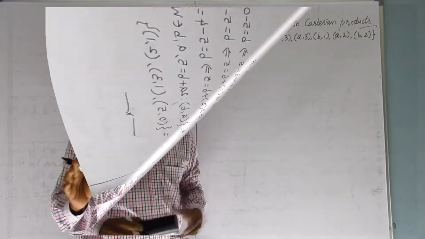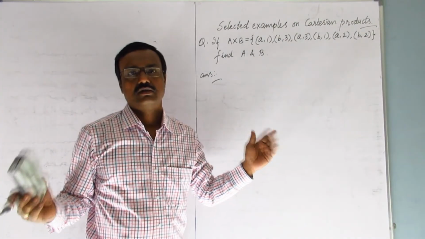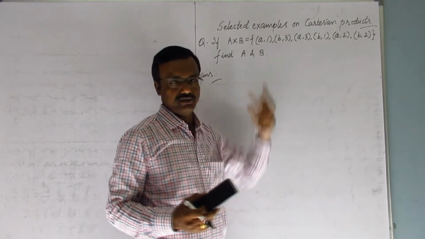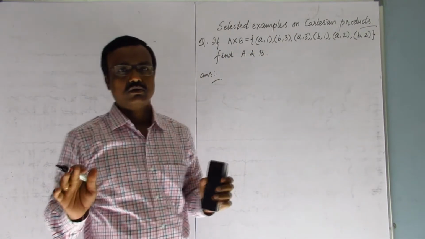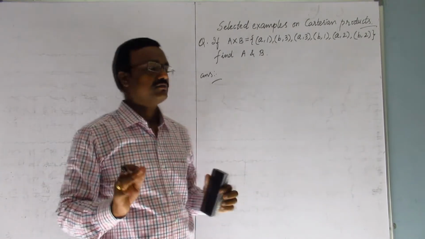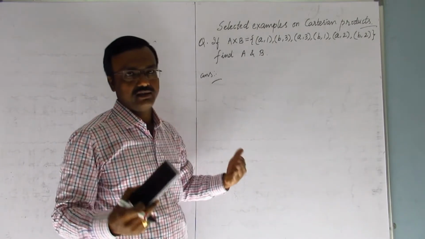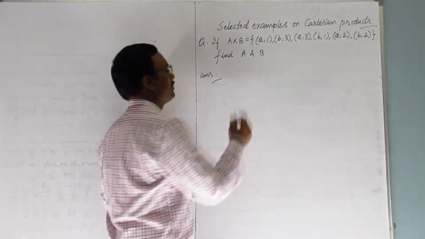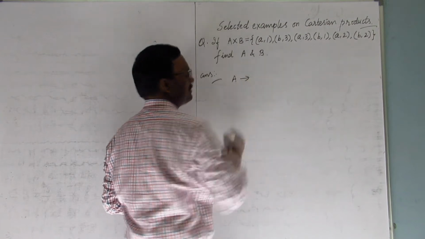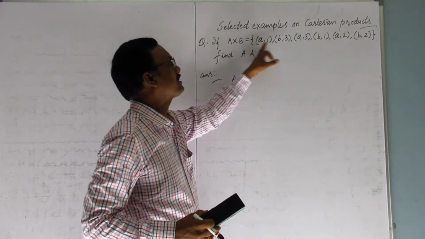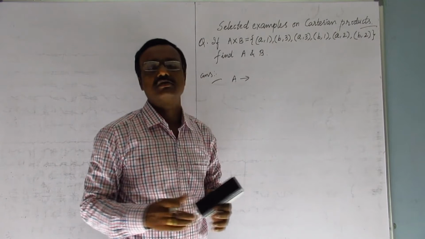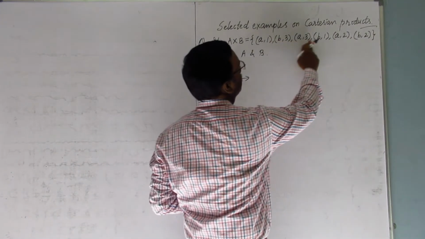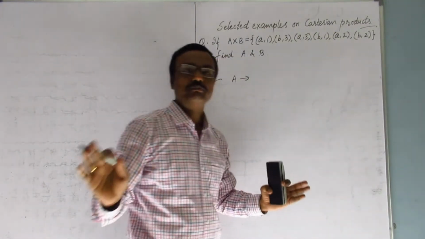That's all. In this particular question, the Cartesian product A × B is given. So these are the ordered pairs. You have to observe the ordered pairs carefully and find out the separate individual sets A and B. Now, as we know, all the first elements are from the set A and the second elements are from the set B.